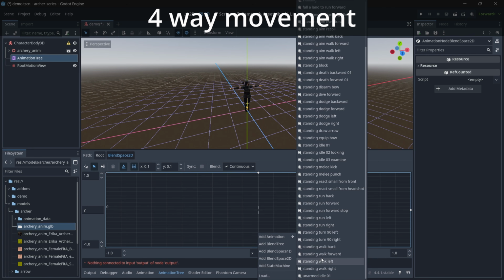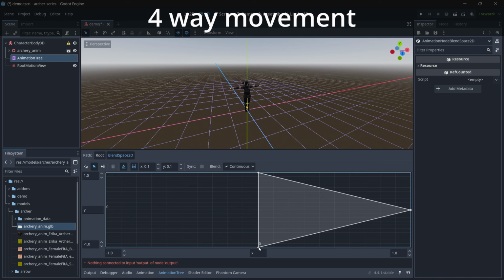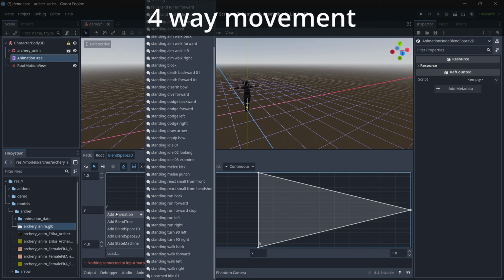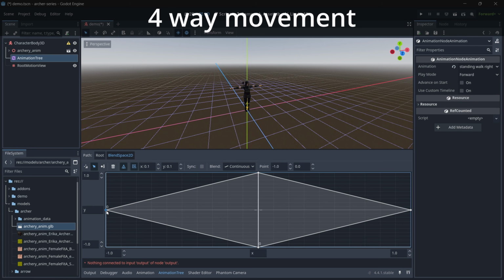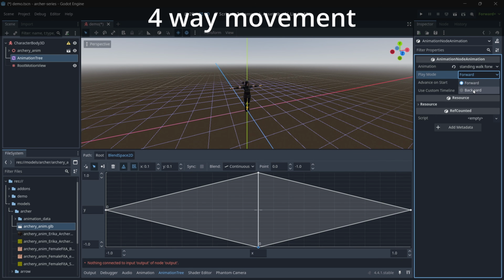and at the backwards again we will add this standing walk forward, but we will play this animation in reverse, and for the left again the same standing walk right. Alright, so now you can select this left dot, and in the play mode you can just change it to backward, and for the back again you can select the back dot, and for the play you can just select